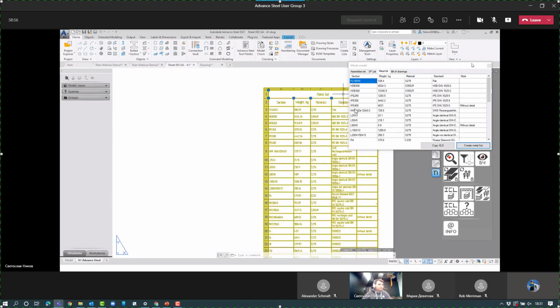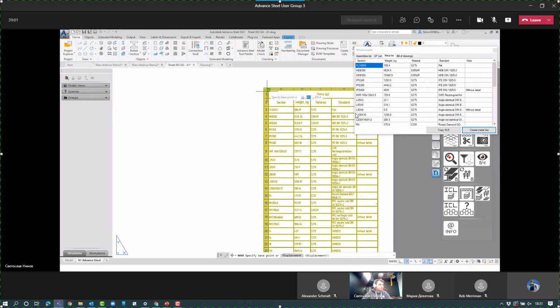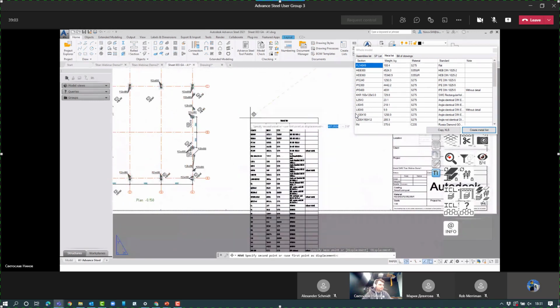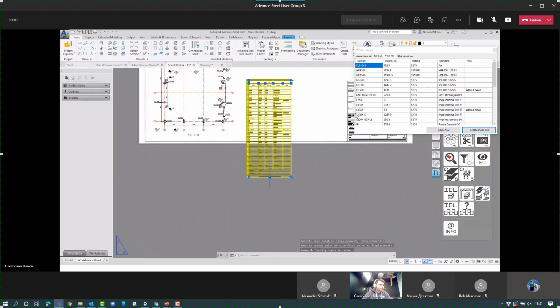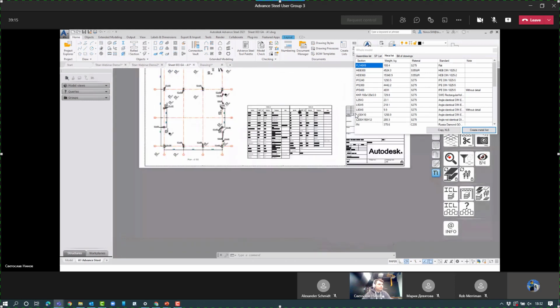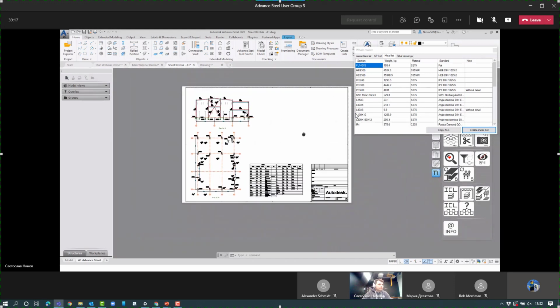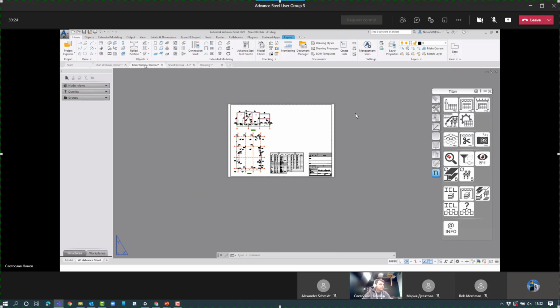This is an AutoCAD table. It is easy to set. You can create 2 columns for this bill of material. Okay, and